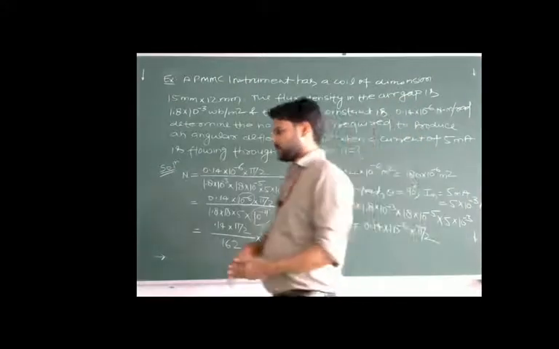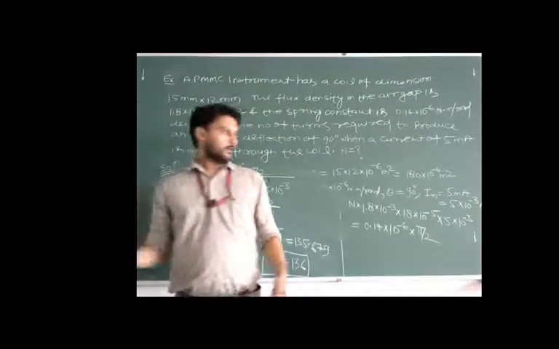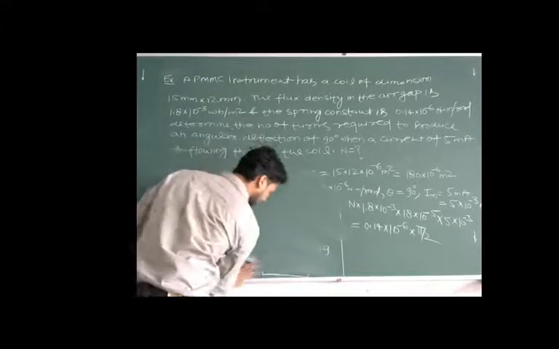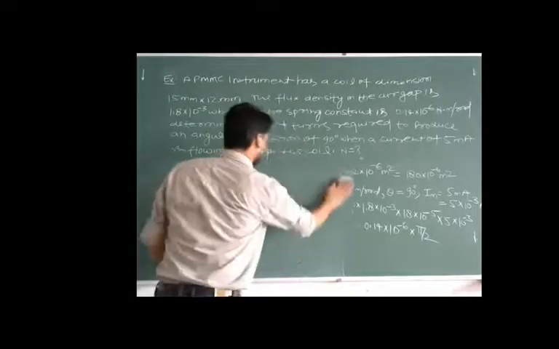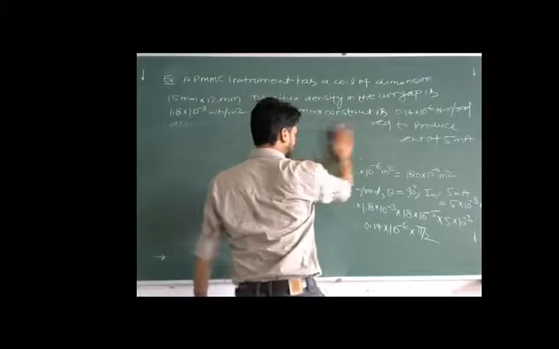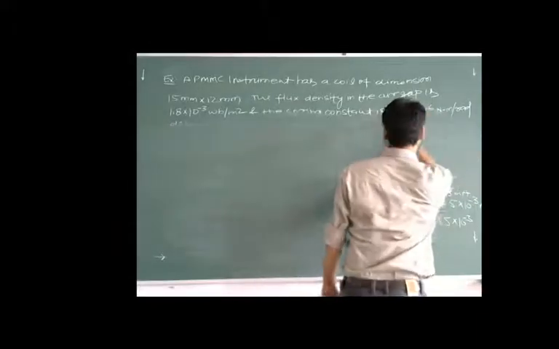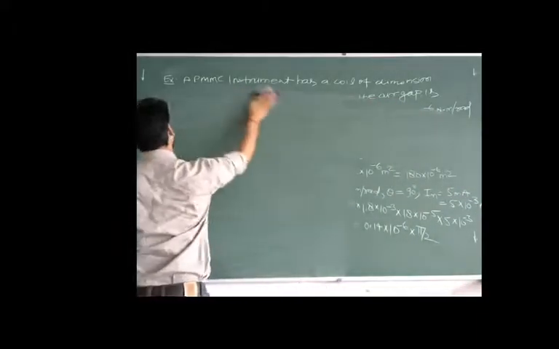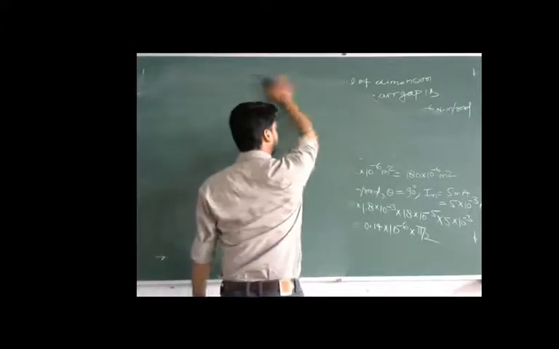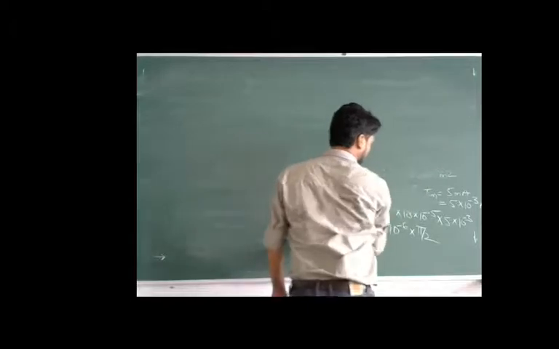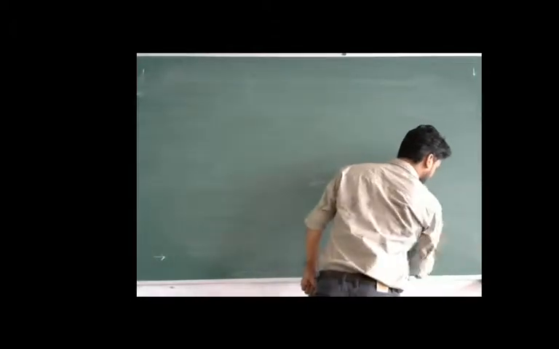Another example is, in this discussion we will see another example of how the PMMC instrument uses a control spring, and how the instrument uses the magnetic effect of current. To analyze all these concepts, here is another example.